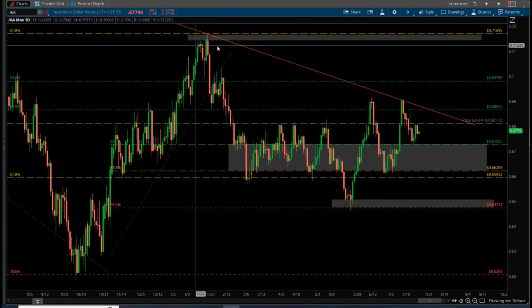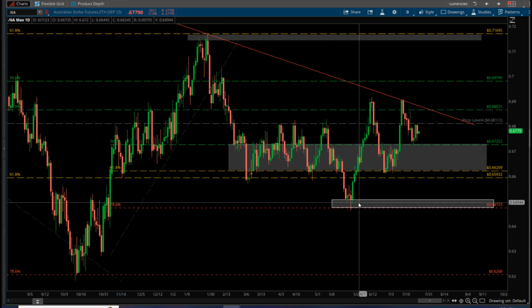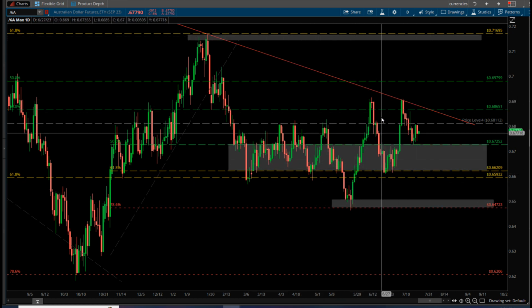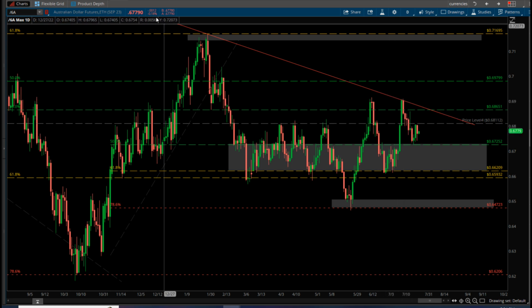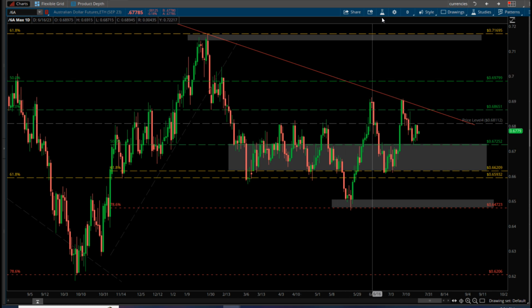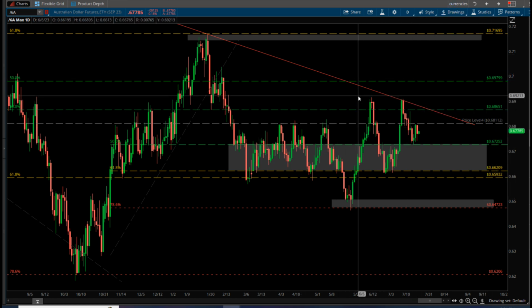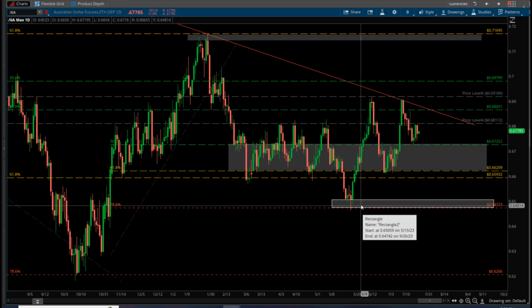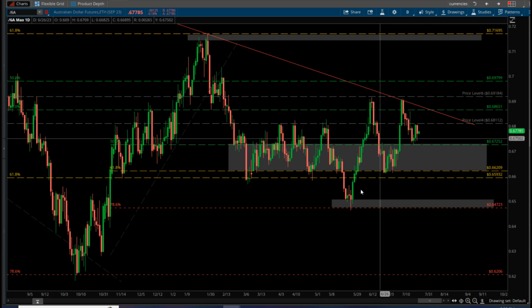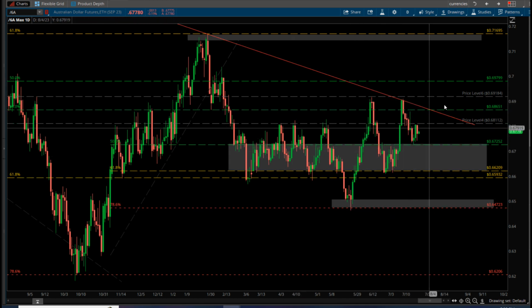After I established that anchor point right here and the market came down, touched this, I started looking in this particular area with this trend line. I have also this little bit of support right here, or resistance, excuse me, right here. And so I did take a trade here,